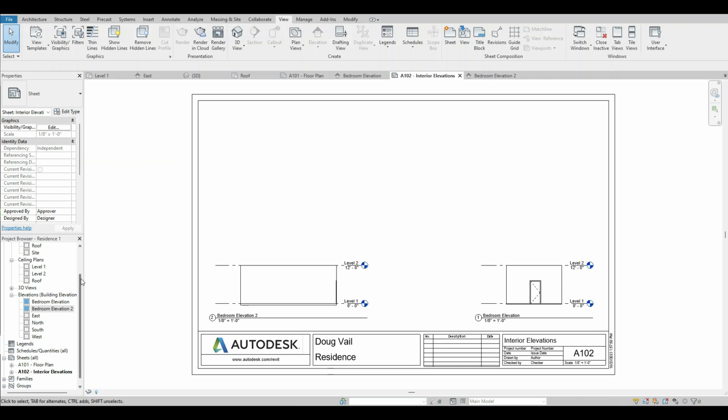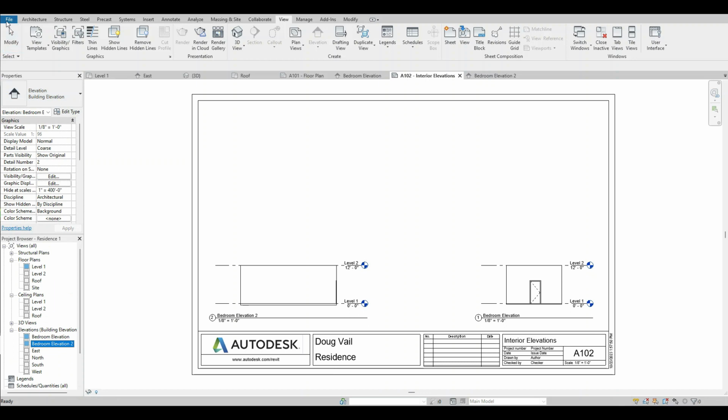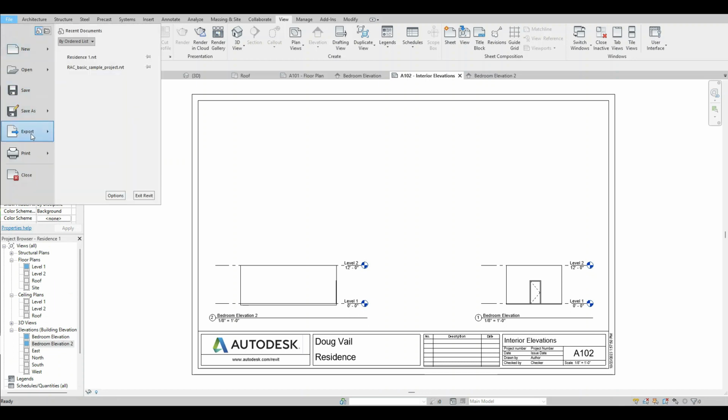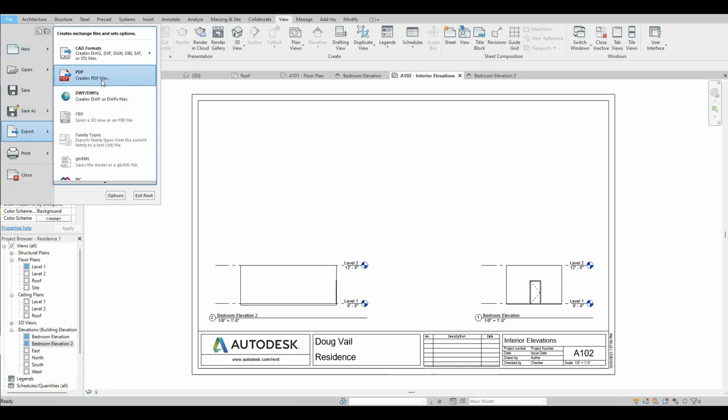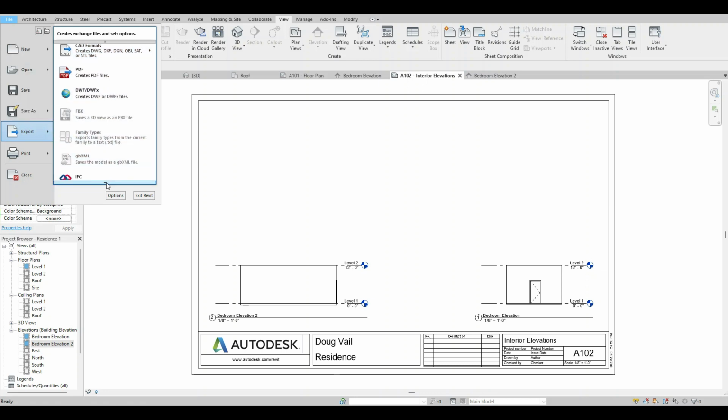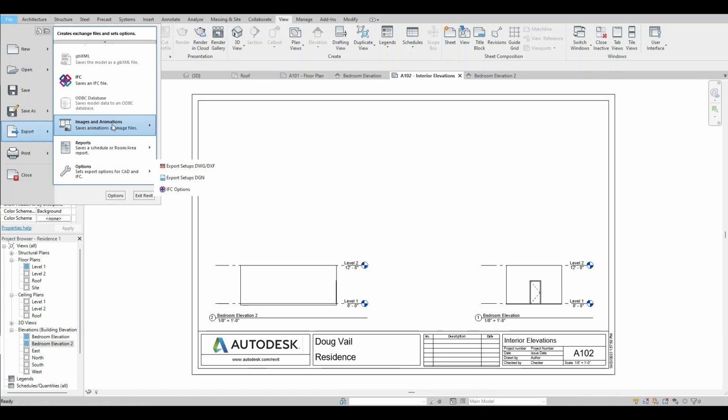And then the very last thing that you'll need to do is we're going to go to File and Export. And this is how you take your sheets and you export them as JPEGs. The reason you do that is your client or your contractor doesn't necessarily have Revit. So if you email them a Revit model and they don't have Revit, they can't do anything with it. So we're going to go to Export. And I think we're looking for JPEG. And it's been a while. Oh, images and animation. Here it is. And I think we go down to